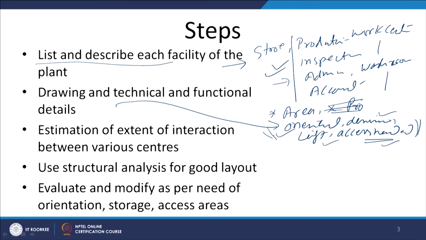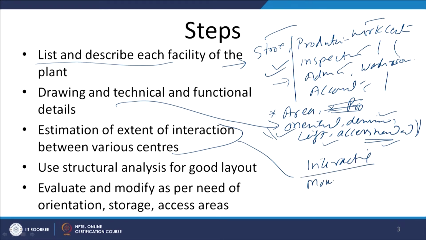that information about that is collected. And then what is the kind of the interaction across the centers, whatever centers are there, like stores, work centers, inspection, administration, the washrooms, accounts. So, wherever these centers are interacting or needs the movement is needed between them, these centers are located. So, the estimate of that movement is